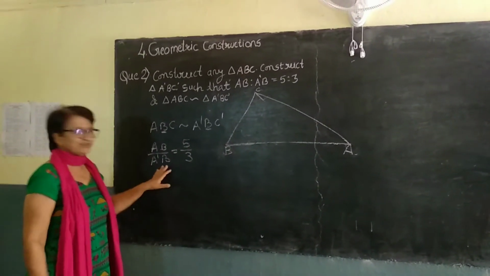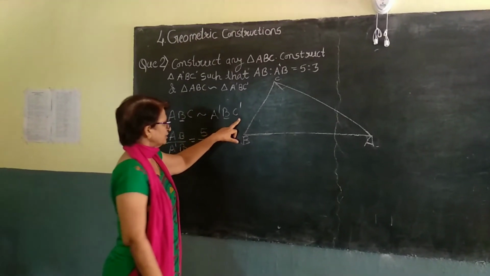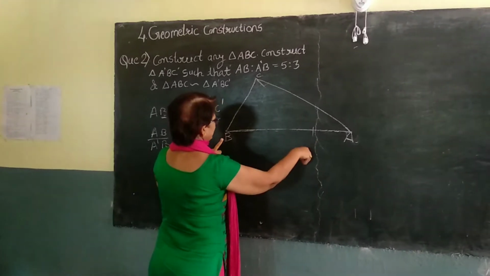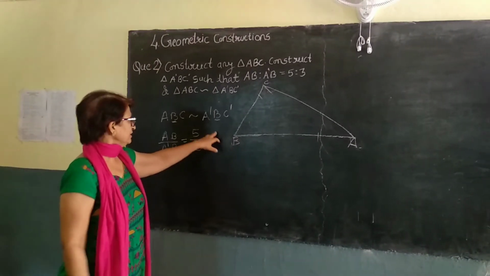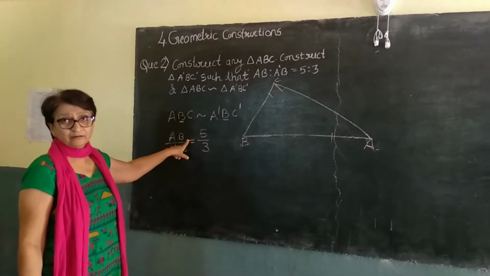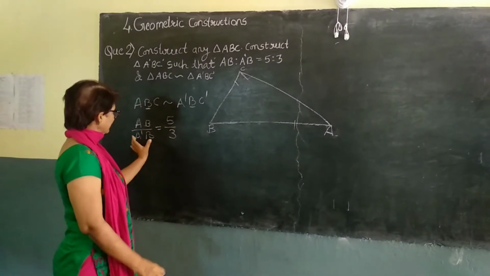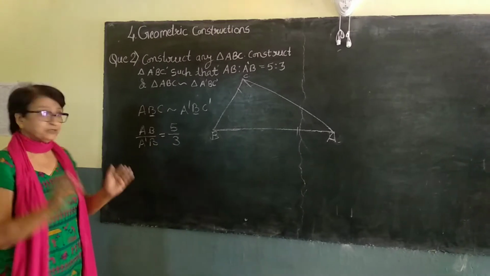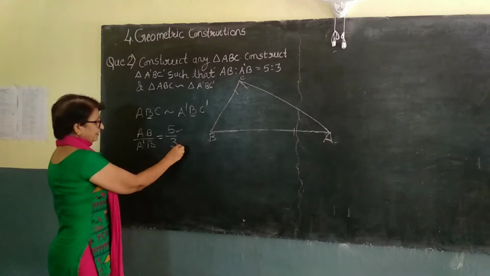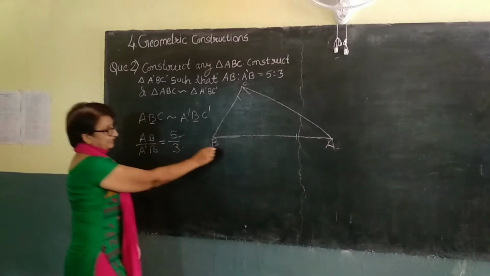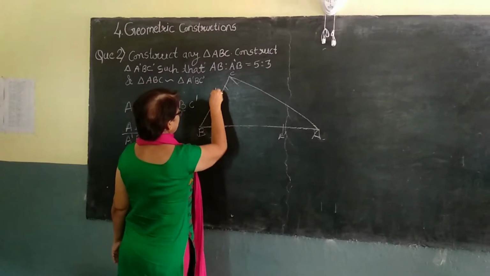So they are saying that we have to construct a triangle A dash B C dash. It means B is common. So somewhere A dash will be here, somewhere C dash will be here. Why? Because AB is longer than A dash B. So the triangle which we are going to construct will be smaller, because the side of ABC is bigger than A dash B. So therefore this point will come here somewhere A dash and here somewhere it will come C dash.